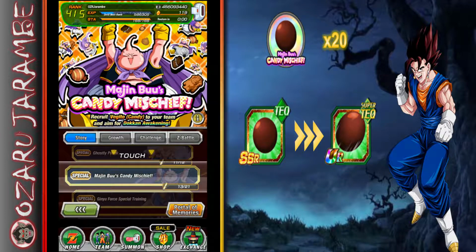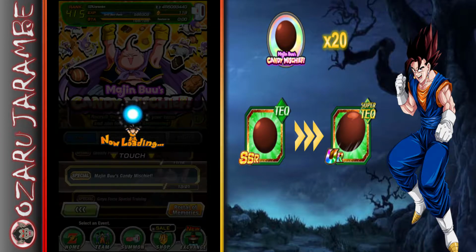Today I'm going to be going on a quick discussion about farming the Candy Vegito that just got his Dokkan Awakening with the Halloween event this year, and also talk about a recommended hidden potential build towards the end of the video. So, I'll be honest with you, the drop rates for farming this unit are absolutely horrible compared to the other free-to-play units that you can farm out as of recent,